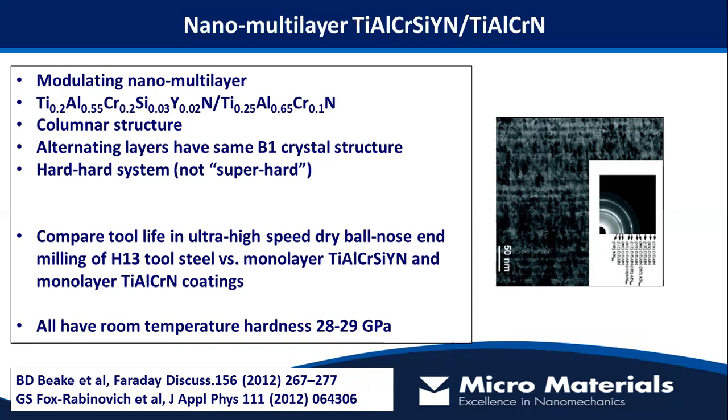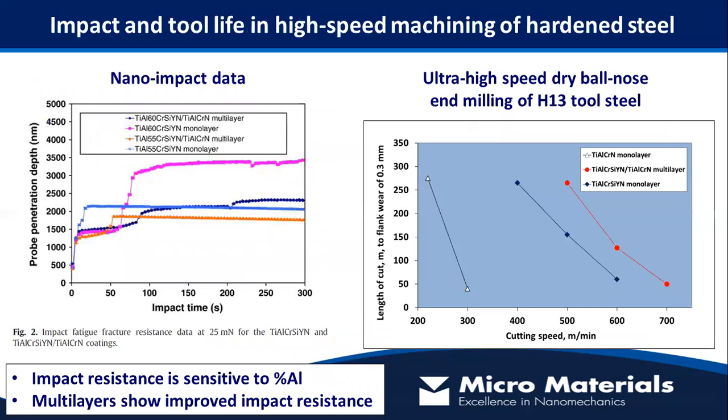And yet when you look at its impact behavior and its cutting behavior, you see a massive improvement in performance. On the left, particularly with 55% aluminium in these layers, you can see enhanced performance. It's a little bit of fracture, but basically very resistant through the test. And when you do the metal cutting test, even right up to 700 meters per minute, so extremely high cutting speeds, it's able to deliver enhanced performance compared to